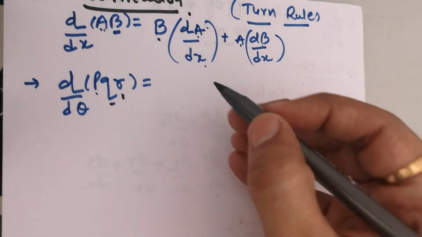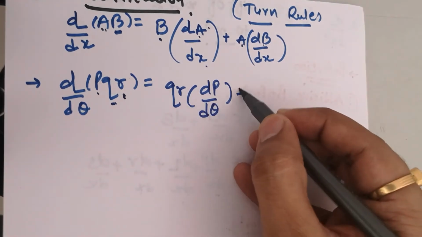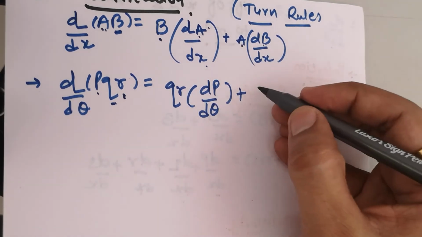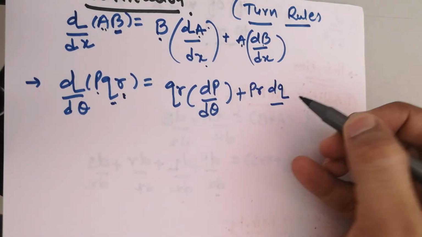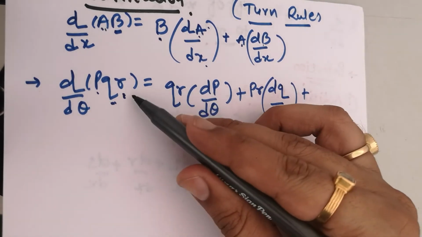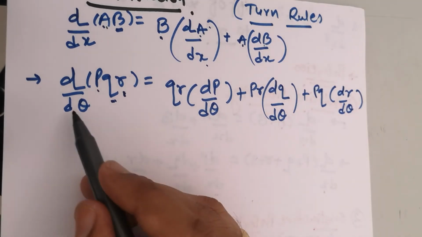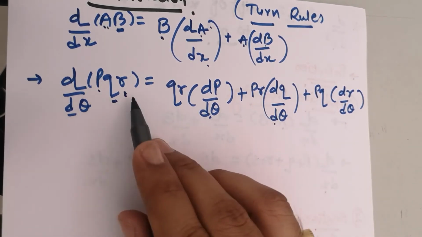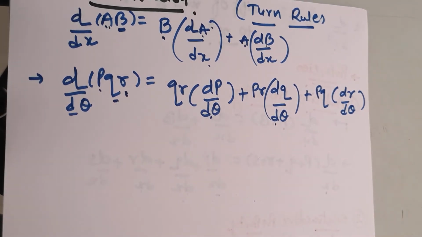First of all, q and r I am keeping outside. It means that I am giving the turn to p. Plus is compulsory because we are doing multiplication. You can see over there. Now p's turn is over, that is now the turn of q. So we have p and r, dq by d theta. Now there is the turn of r, so we have p and q outside. So you can see that the denominator with respect to which we differentiate is kept as it is, and the numerator turn by turn has been differentiated. So this is what is called our multiplication rule.